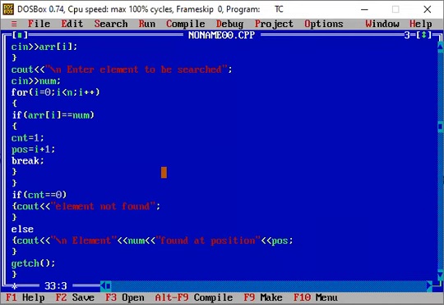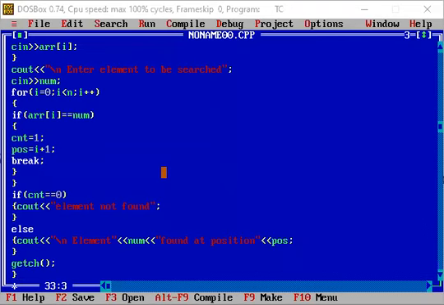And we check whether any element in my loop is equal to num or not. If it is equal to num, we change the count value to 1 and we increment that position, that is i plus 1. If you're starting your loop from 1, then there is no need to increment the position. If you're starting from 0, you need to increment it to tell the exact position of that element.